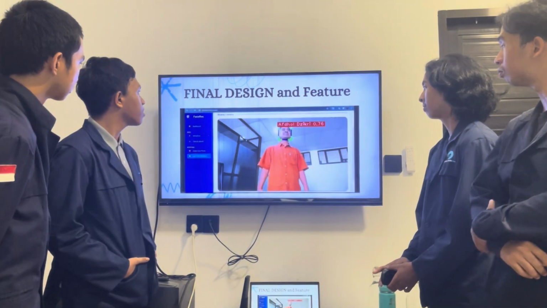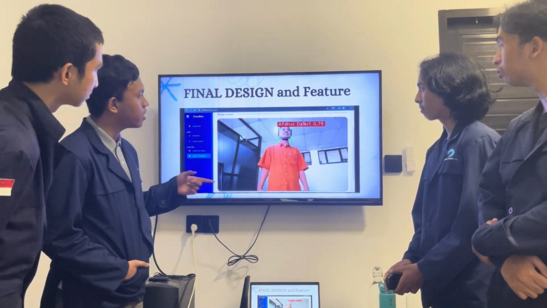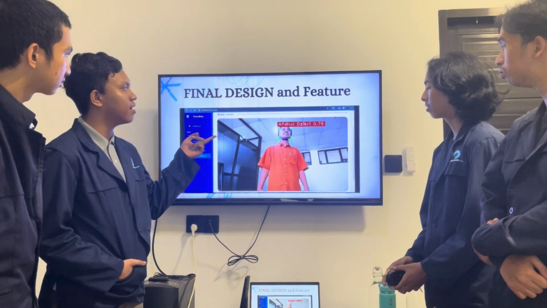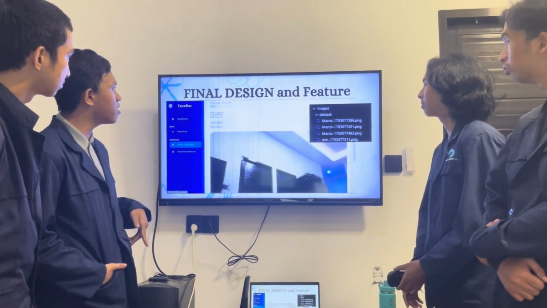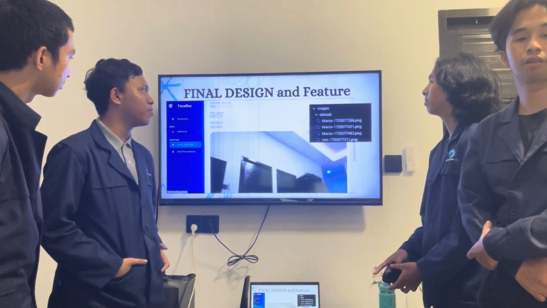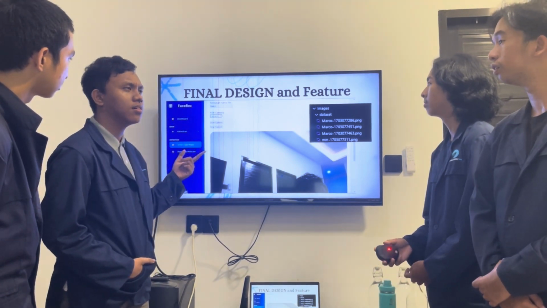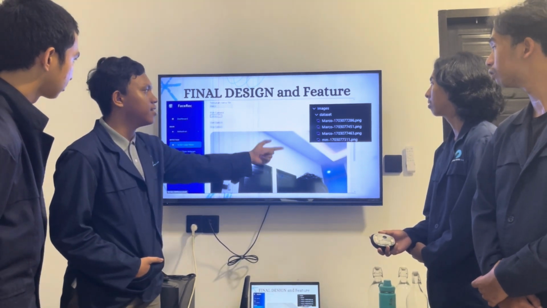Next, we got the main feature of our program, which is detecting people in real time. We can see that our project manager Afdol Zikri got detected and got a 0.76 confidence score. Next, we got another main feature, which is collecting data from people. Here you can choose the camera, internal or external, and then we can start capture, and then we can get the data in our folder.